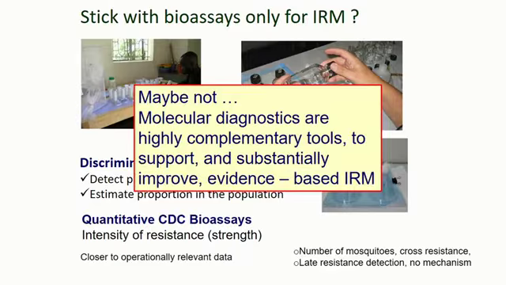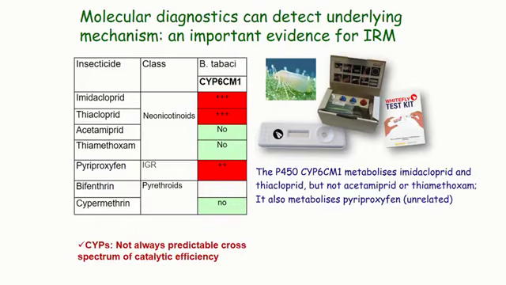So, maybe we should not stick only with bioassays, because molecular diagnostics are highly complementary tools to support and substantially improve evidence-based IRM. And I'll give you two very clear examples for that. The first comes from a P450 that we were able to identify, which is CYP6CM1, that confers resistance to the whiteflies. And this specific P450 is responsible for resistance in the